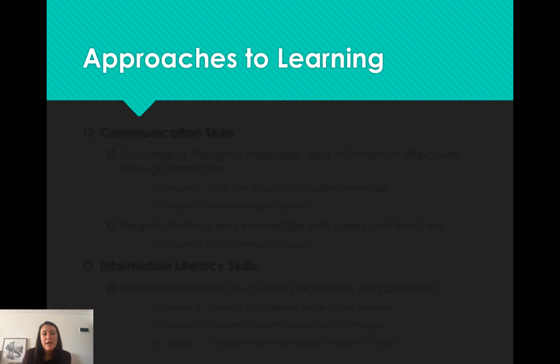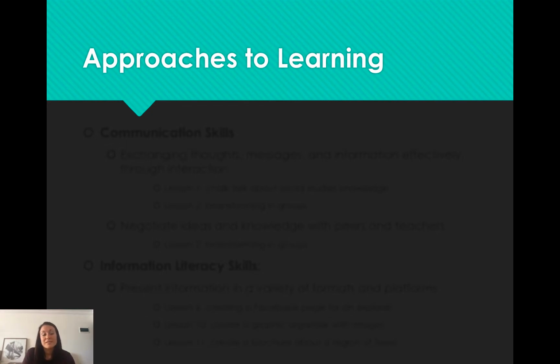All right, I picked 2 approaches to learning for this unit. Approaches to learning is a framework that's given to us by IB. Ultimately, they're skills that students should be practicing at least once every school year across all of their subjects. So they don't need to practice all of them in your social studies class, but they should be able to practice all of them between all of their classes in one school year.